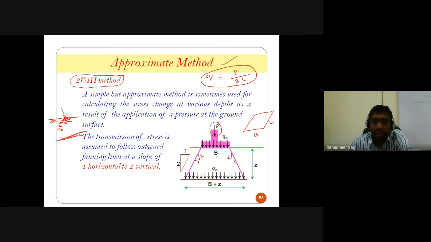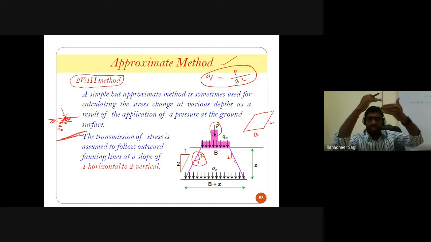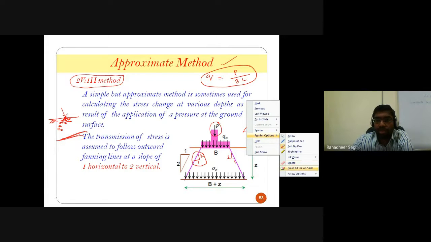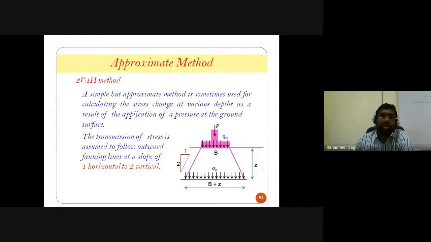It's approximated to happen at a sloping ratio of 2:1, both in the width direction as well as in the length direction. In the length direction also, that same sloping distribution of 2:1 is expected to be happening. If we are trying to calculate how much vertical stress is developed additionally because of the load coming from the column at a depth of Z meters below the foundation level, or below your footing level, what is going to be my vertical stress there, at the depth of Z, because of the load coming from your foundation onto the soil?